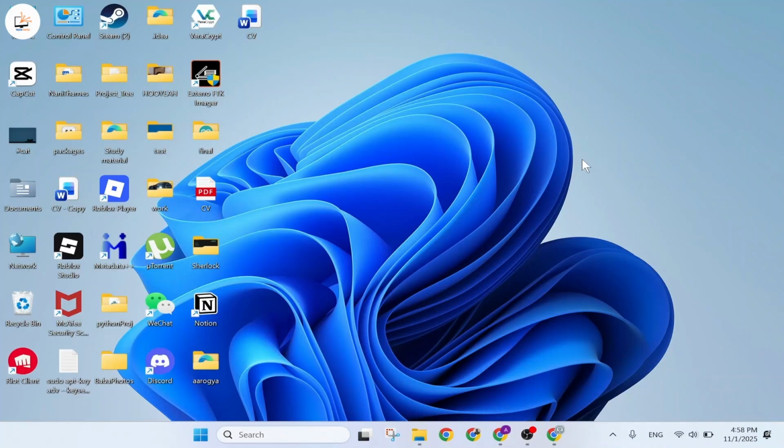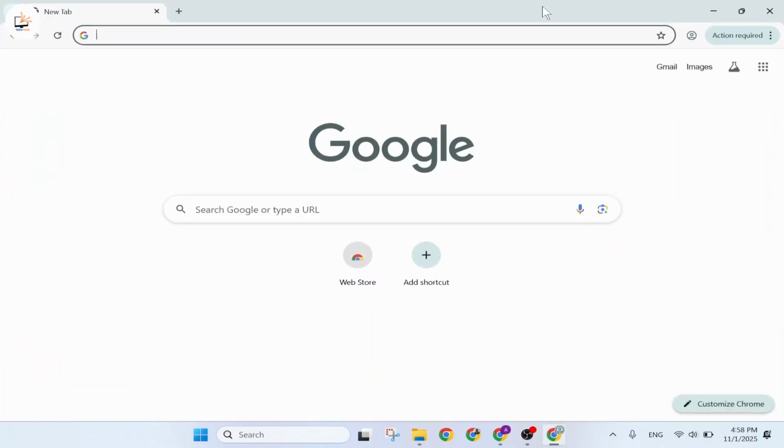Now let's dive right into it. First step is you will need to open up your Google Chrome or any other web browser. On your web browser, simply search for Gmail,